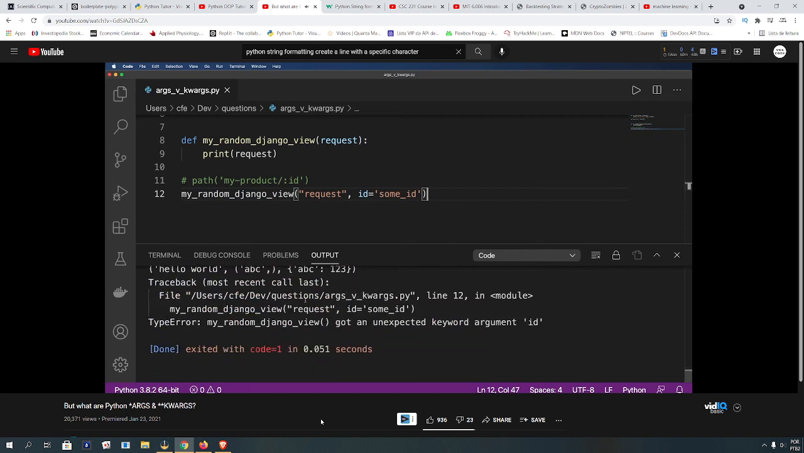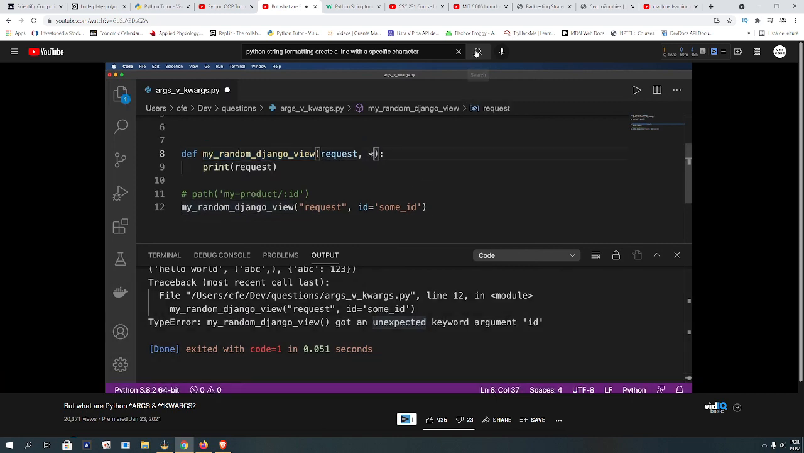And what you should see is an error. My random Django view got an unexpected keyword argument ID. That just means that this view is not ready to accept that keyword argument of ID, as we've already discussed. So a lot of times in Django views, you might see something like